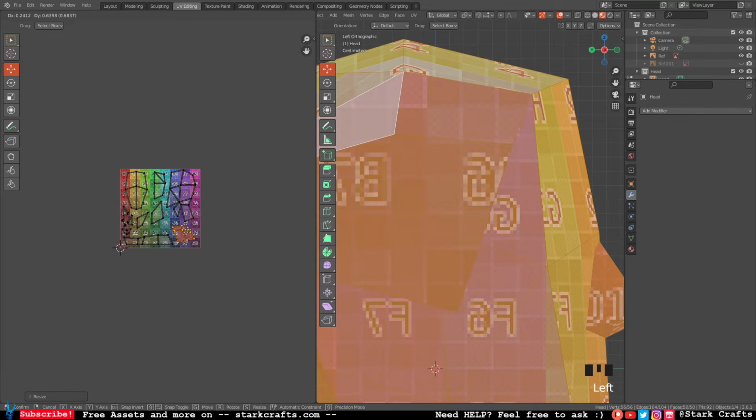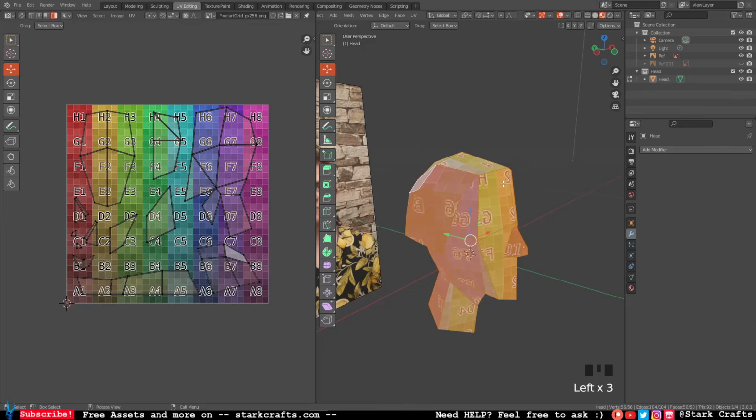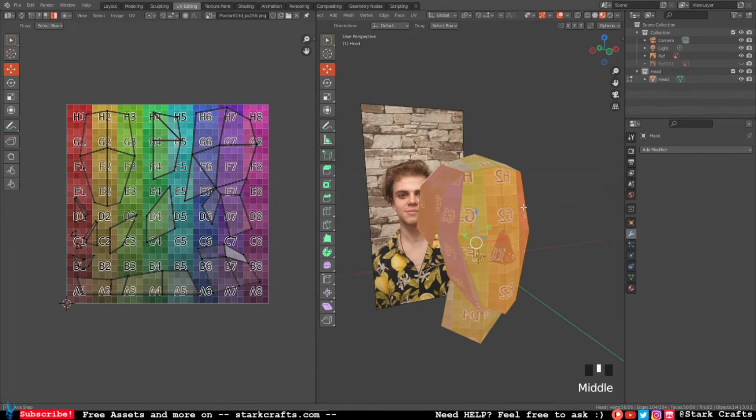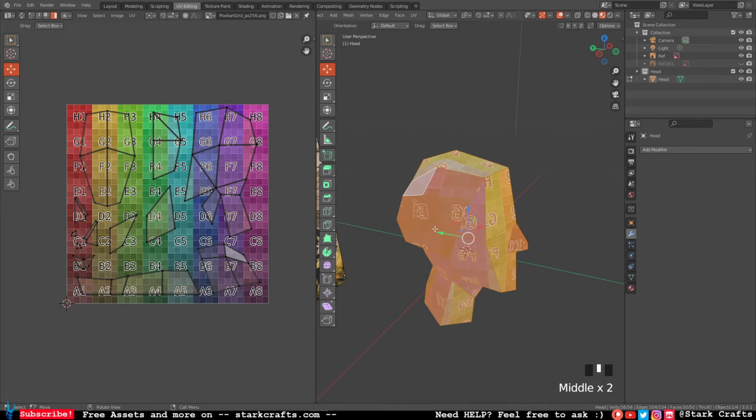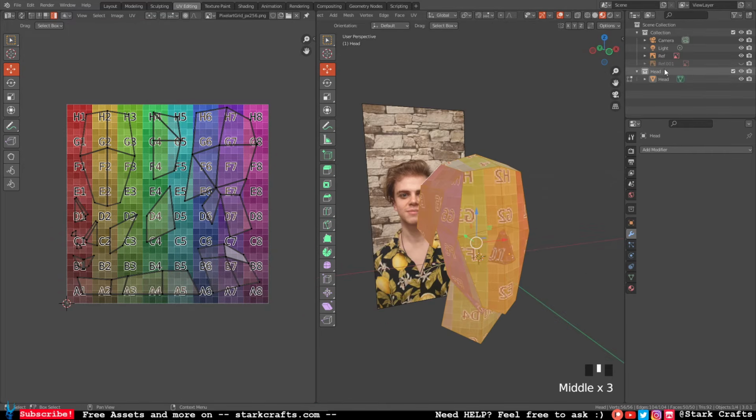That seems to be right. Okay, I think now is also a good point, before we proceed, to make a backup of our head. Actually, I should have made the backup before I added the hair. Let's make a collection, call it backup,